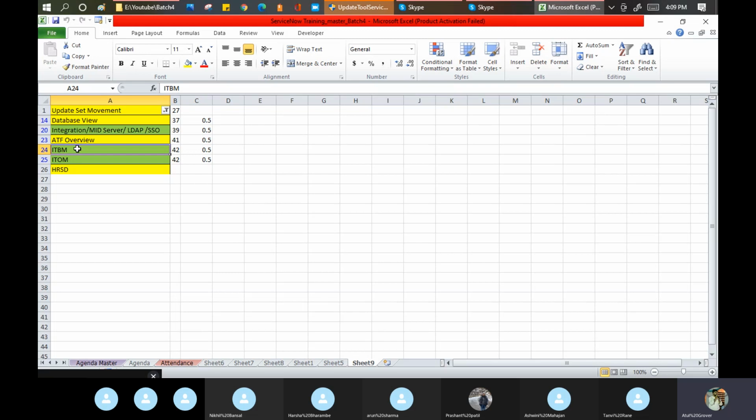Then I need to worry about what hardware I need to support this training. I need one laptop and one good broadband connection. So all these things come into the ITBM part: from the start of your project till the project delivery, everything you capture in ITBM. There are multiple things and multiple ways.